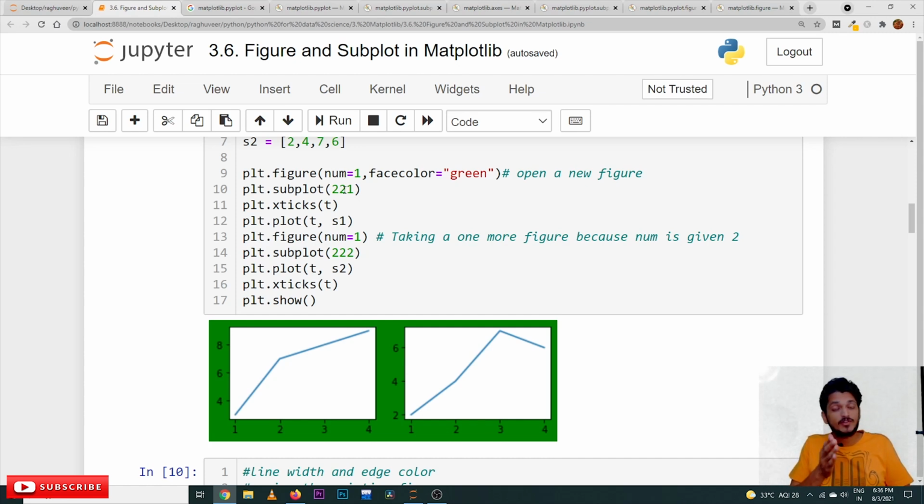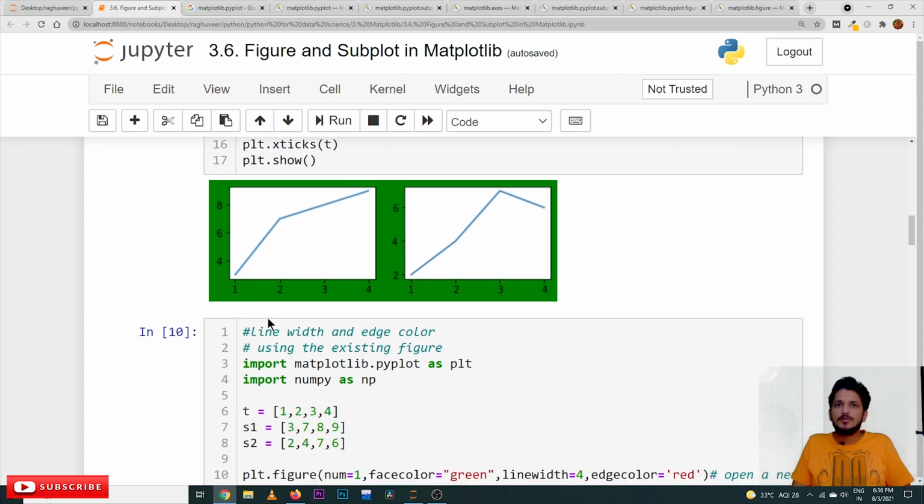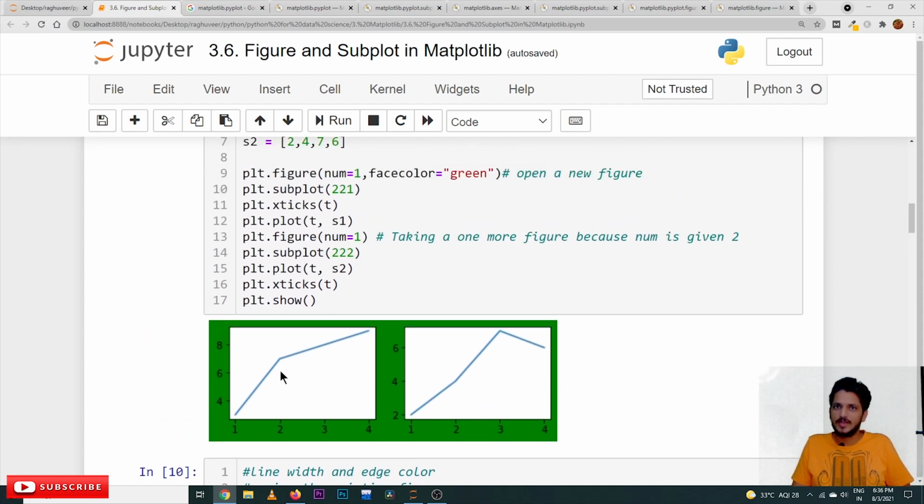Whenever the figure is divided into a 2 by 2 matrix, how many elements can you place in it? 4 elements can be placed in a 2 by 2 matrix. So these are the 4 elements. See here, first element, second element. In the bottom you can mention the third element, and here we can mention the fourth element. This is the position where you can place them. Here we have used only 2 plots. In our next example we are going to display 4 plots. In the same figure, how many axes have we generated? 4 different axes can be generated in our figure. That is what you have to understand.